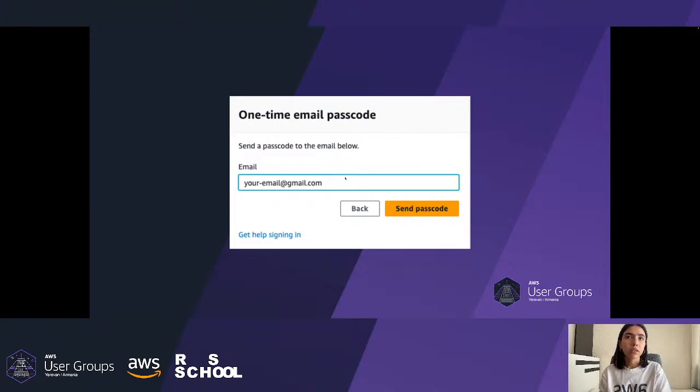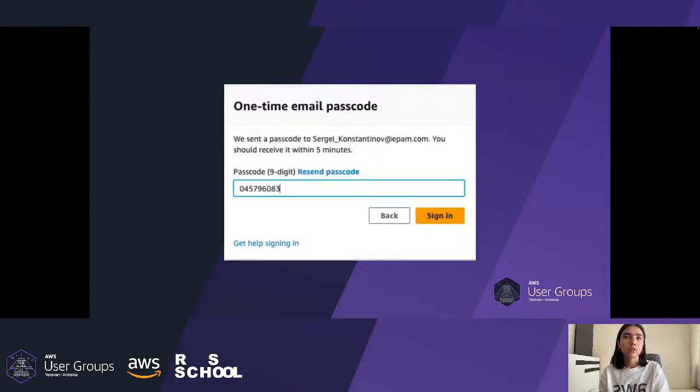After receiving the one-time passcode, you should come back, insert that one-time passcode, and sign in. Okay, so I can see one person in. I have to see many.